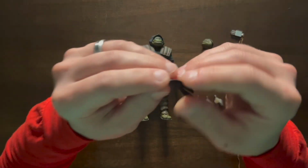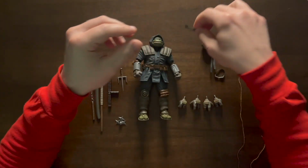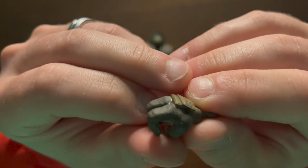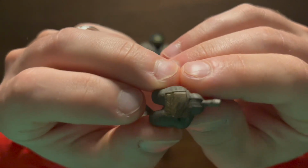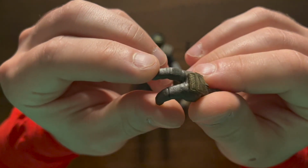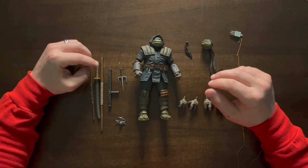And there's this piece of bandana that we will look at later what it actually is for. It attaches to the back of his head. And then we got some hand switch outs. There's an open fist one. Love all the different detail, all the different color tones. Looks like he came out of the comics. Here's an open hand one to hold his weapon with. It's really cool. So then we'll look at his weapons